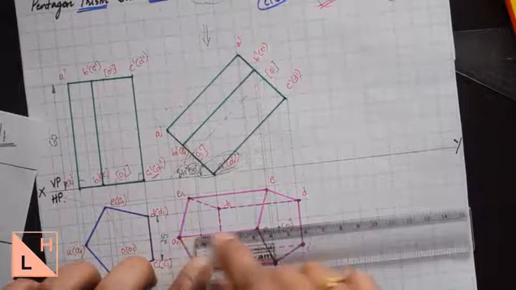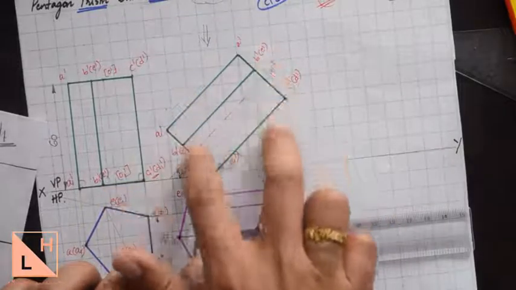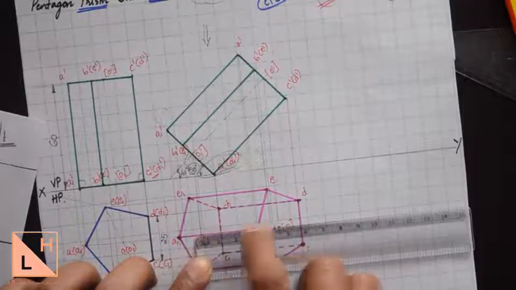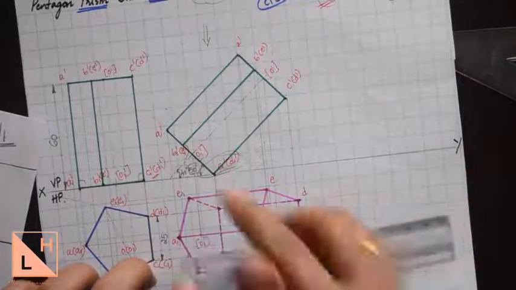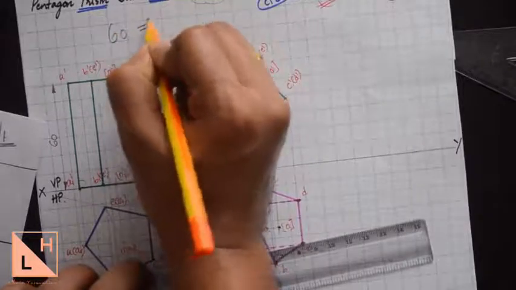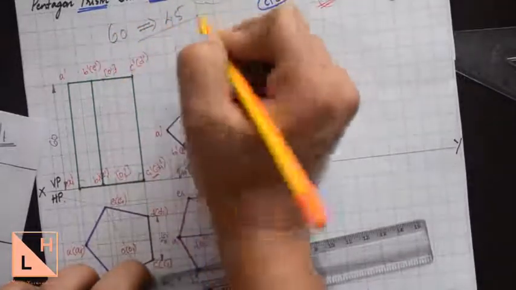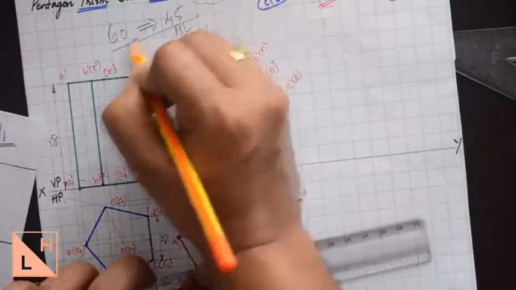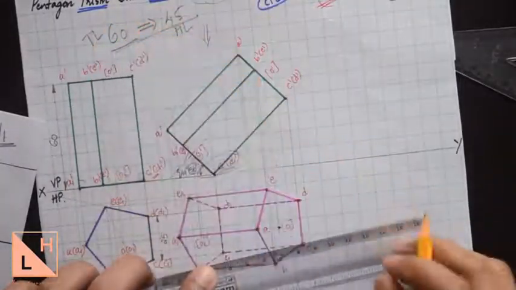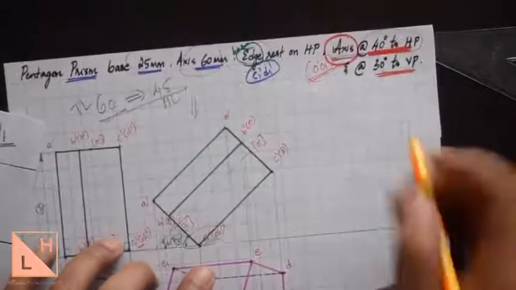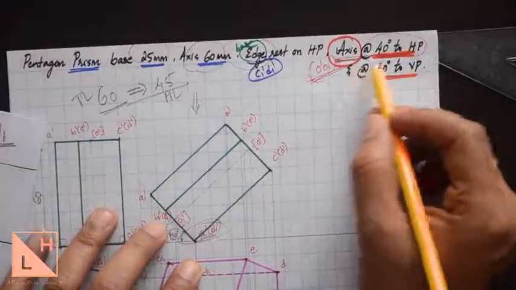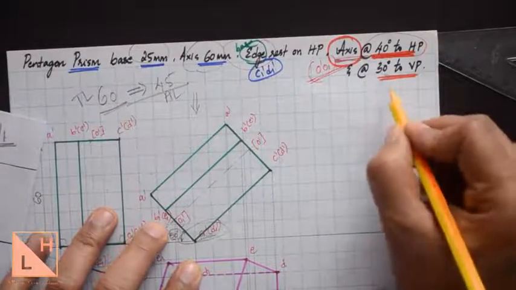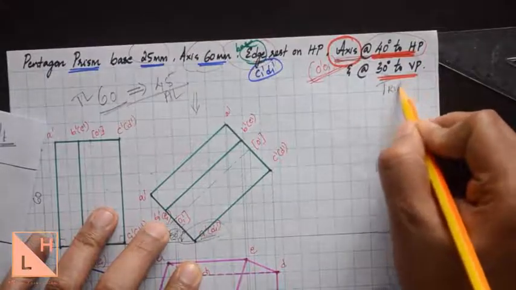So this is a point O, this is a point O1 which we found out by drawing projection lines, and when you measure the distance from point O to O1, it measures as 45 millimeters. So initially it was 60 millimeters, and in the second position it is reduced to 45 millimeters. So this length will be called as apparent length, while 60 millimeter will be called as true length. The given angle here is 30 degree to VP, while there is no word such as appears to be or top view or front view. So this angle, whatever is given here, is nothing but true angle.